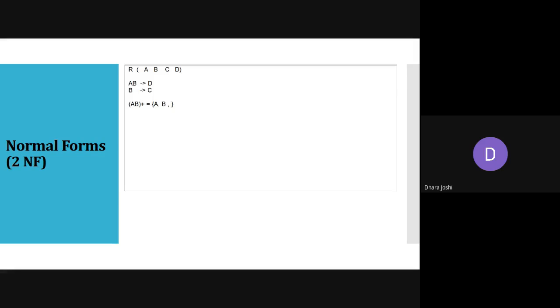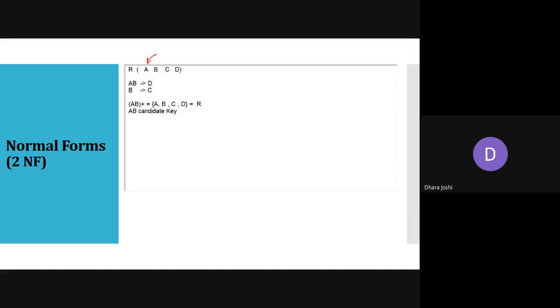Okay, after AB, we are including CD. So AB is already there and we are including CD too. And if you see, it covers the entire relation's attributes. And that's why we can say that AB is allowed to become a candidate key.